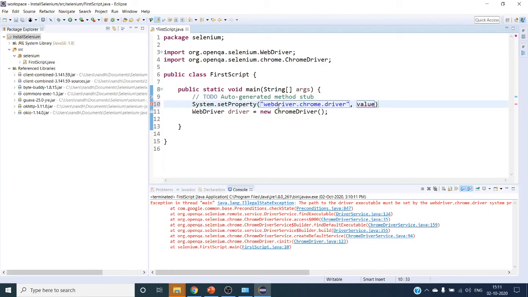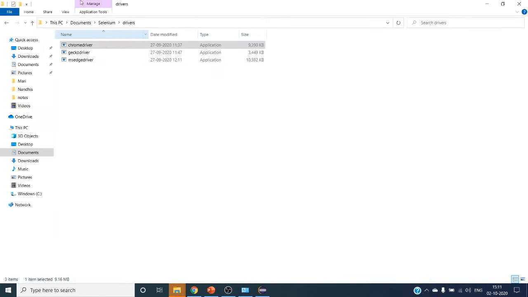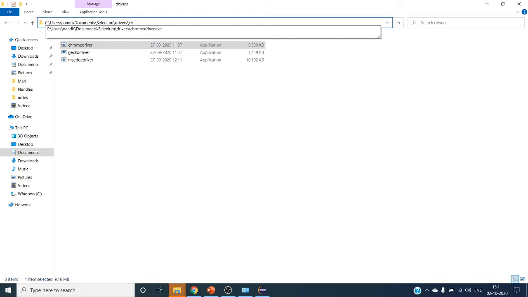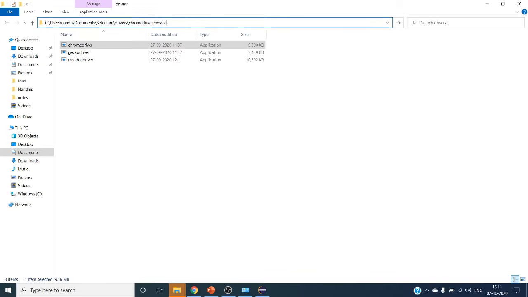If you make any spelling mistake, it will throw the same error. Here we have to give the exact ChromeDriver path where it is saved on your local machine. This is the exact absolute path we have to take. I'll take chromedriver.exe.